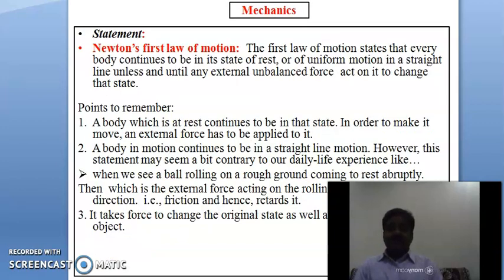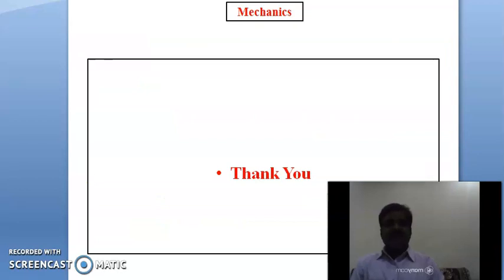Now, we come to the statement of Newton's first law of motion. The first law of motion states that every body continues to be in a state of rest or uniform motion in a straight line unless and until any external unbalanced force acts on it to change the state. In detail, we will discuss various examples in another lecture about Newton's first law of motion, and then we start Newton's second law of